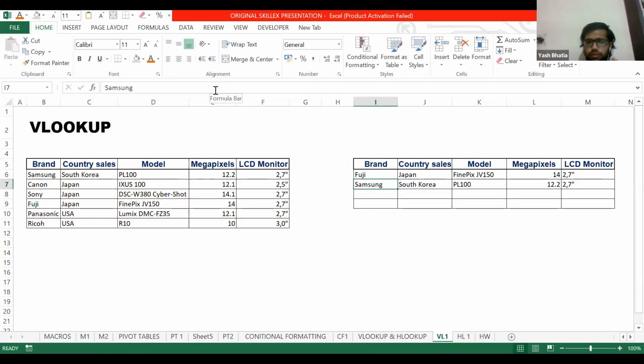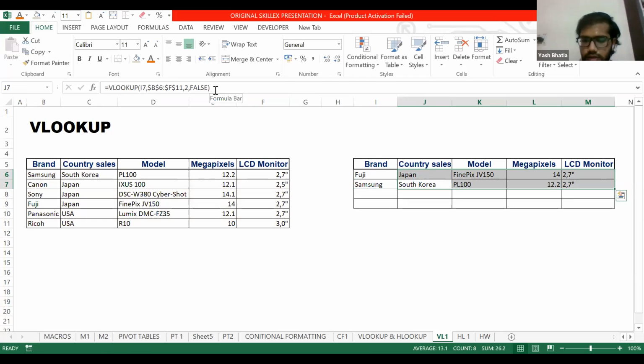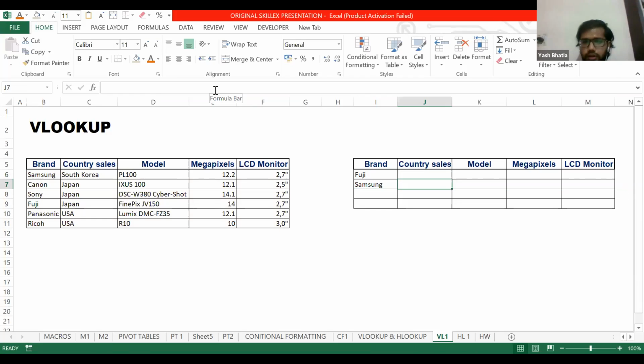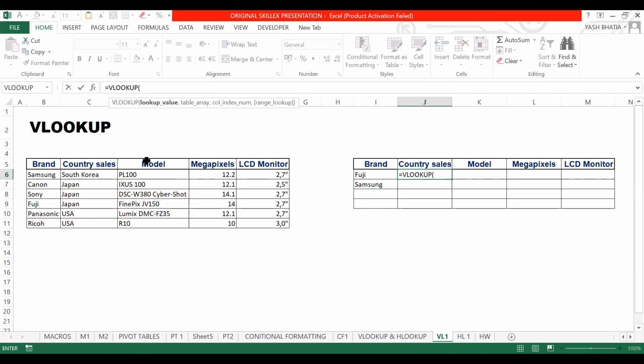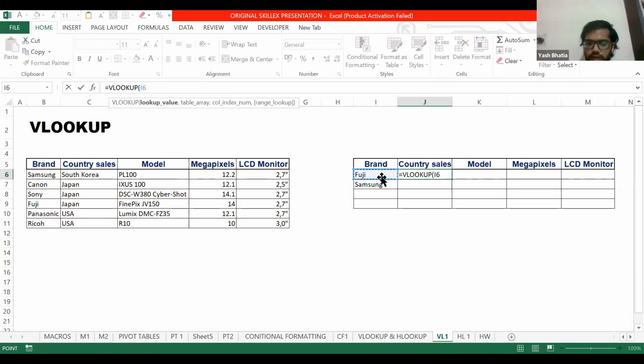I would like to do it again. So I'm deleting all the values. So first we will apply VLOOKUP. Then we select the lookup value, that is this, and fix its column reference using $ sign.